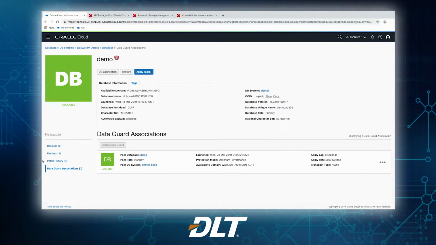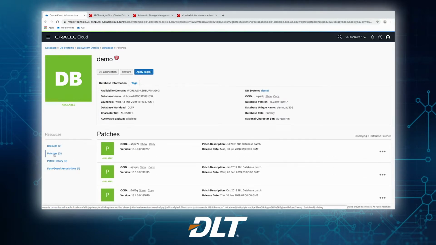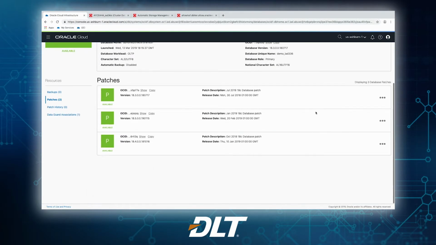The other thing that we see from the cloud tooling right here is database patching. So as soon as a patch becomes available, it shows up in our console. From the console, we can click on the patch. We can then do a pre-check to make sure that the patch is going to be applied successfully, and then we do an apply. So no more manually downloading patches and doing the configuration and so forth. And remember, if you wanted to test in the cloud, you could always clone the database and then test with the patch to make sure everything is good, and then you could patch your production database.